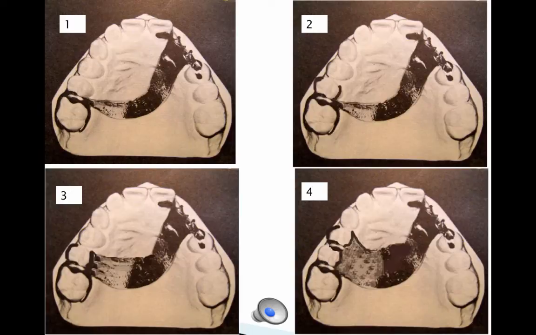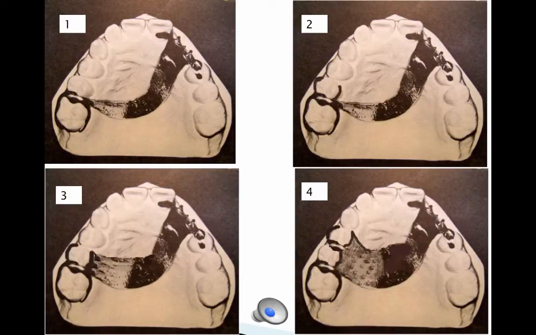It counteracts rotation from an anterior direction when the patient eats sticky foods. Design number 3 offers the advantage that it allows crossing the palate less obliquely without making the partial more unaesthetic. Design number 4 is more bulky than the others, and it allows for crossing the palate more perpendicular to the median palatal suture, but covers more palate and will be less aesthetic when the patient throws his head back and